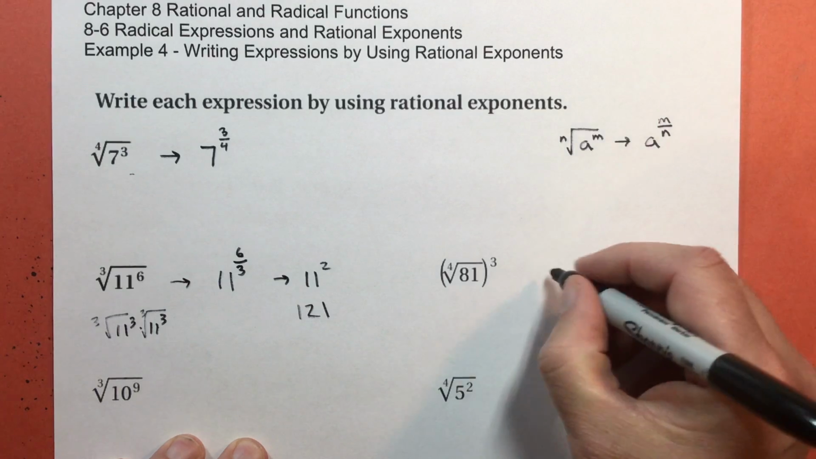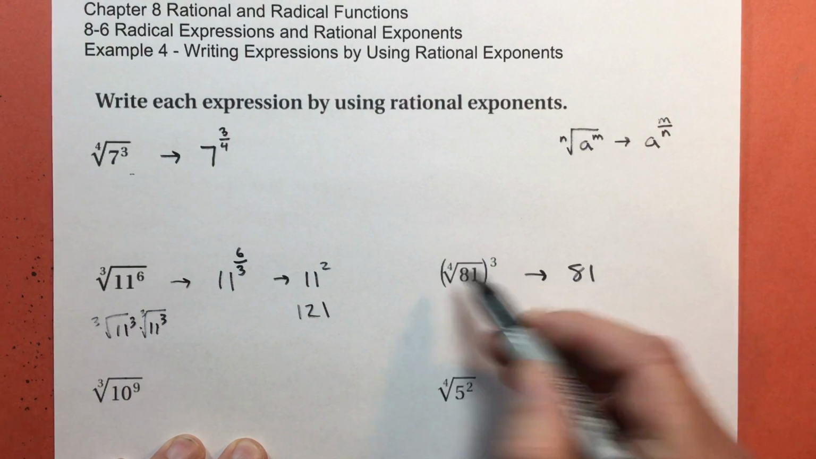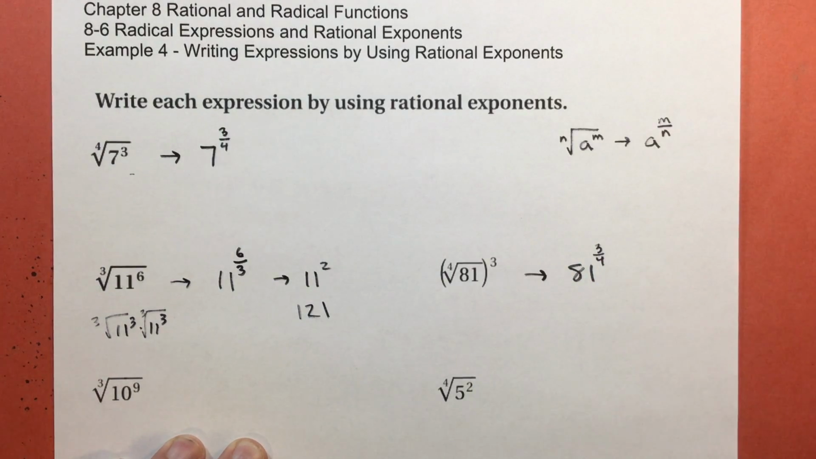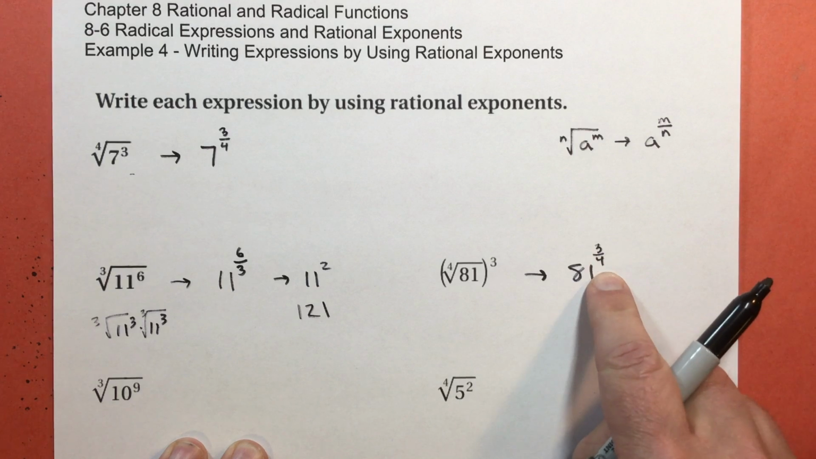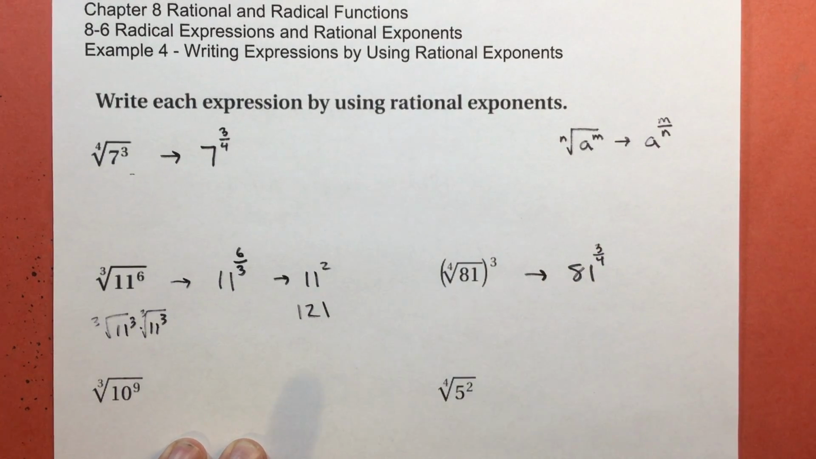Now let's try this one. This becomes 81 to the 3 divided by 4 power. Now 3 divided by 4 does not reduce like 6 divided by 3 was 2. This is not going to simplify, so I'm going to leave that as 81 to the 3/4 power. However, if the directions said, after you write it this way, then simplify, because it might,